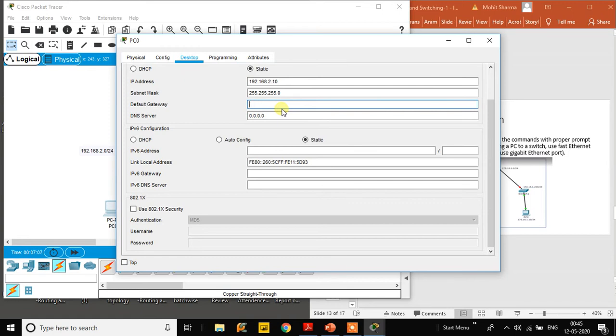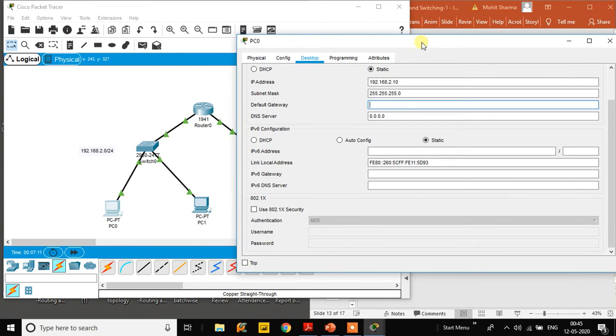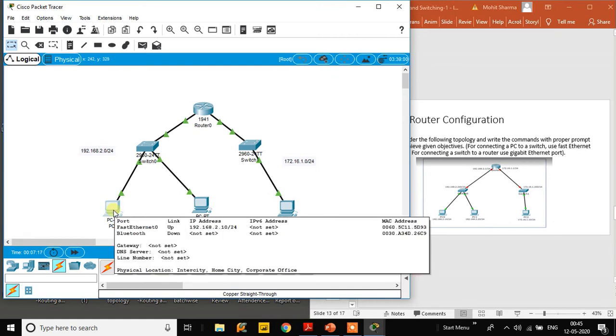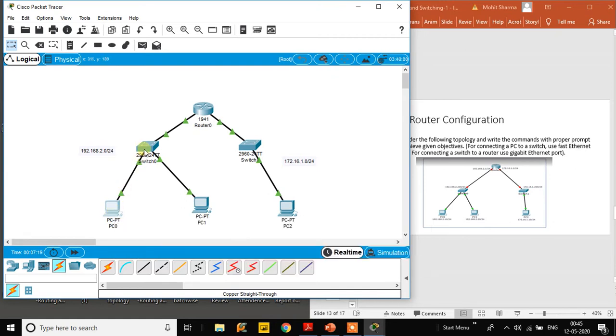You should not forget to give the default gateway. As I already explained, any packet from this PC will go to this switch and then pass through this router. The router has to go through this particular interface to move to another network.